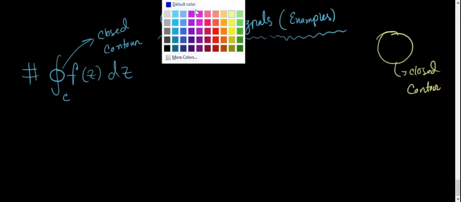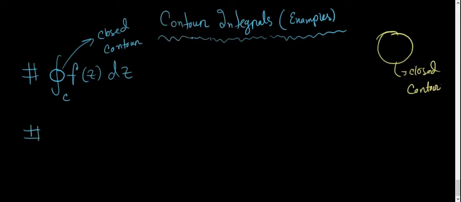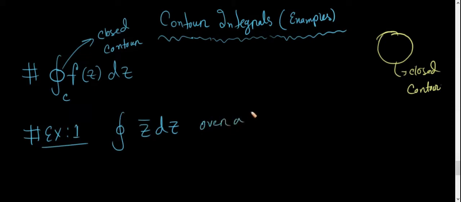So let's take the first example, that is example 1. We have to integrate z bar dz, same thing as before, but now it is given that we have to integrate this thing over a circle with unit radius, or radius 1,